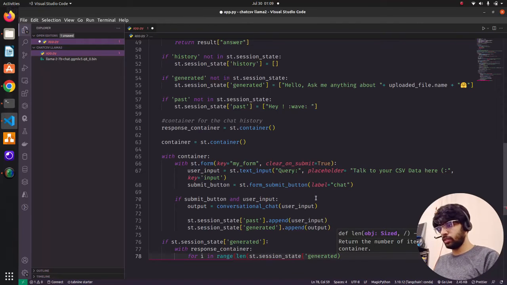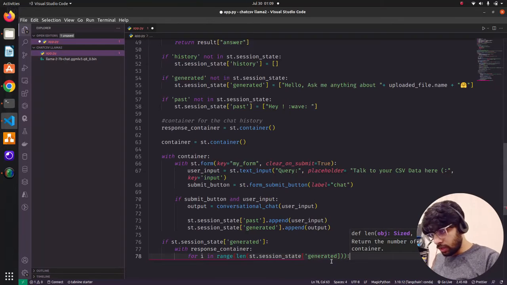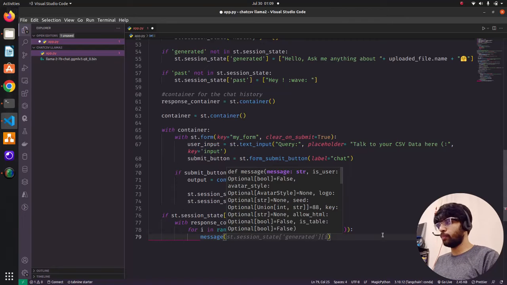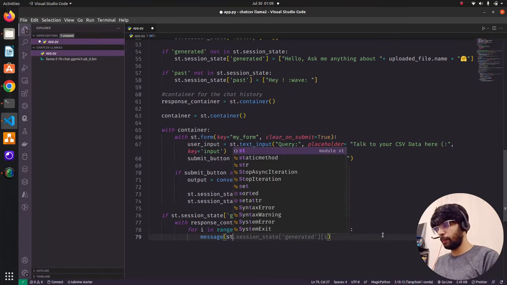Yeah, this is what I need. Let me just close this. If length of the session generated, okay, this will close here. Fine. For i in range length of st.session_state, then print the message in Streamlit chat. So message, st.session_state,